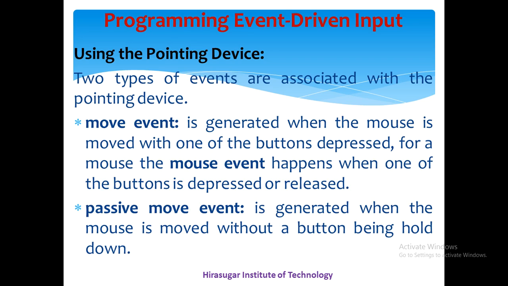Move event is generated when the mouse is moved with one of the buttons depressed. For a mouse, the move event happens when one of the buttons is depressed or released, right? Means when your move event is happening, when you press,